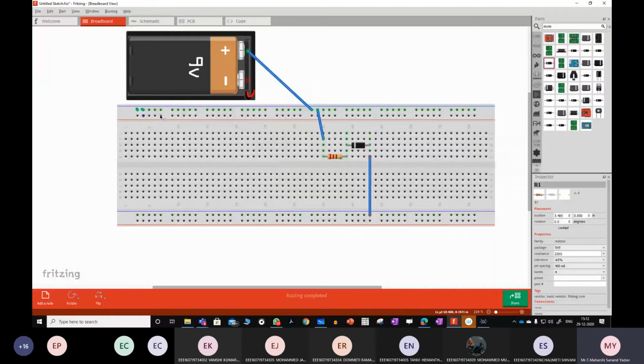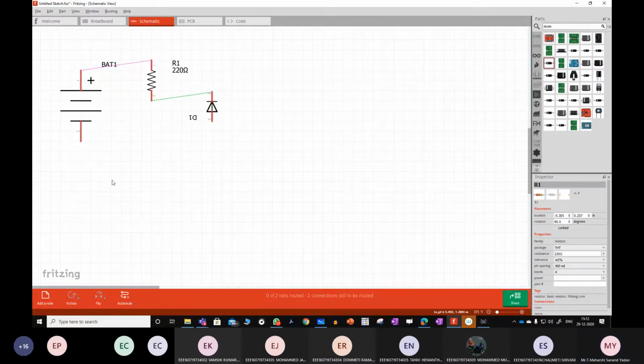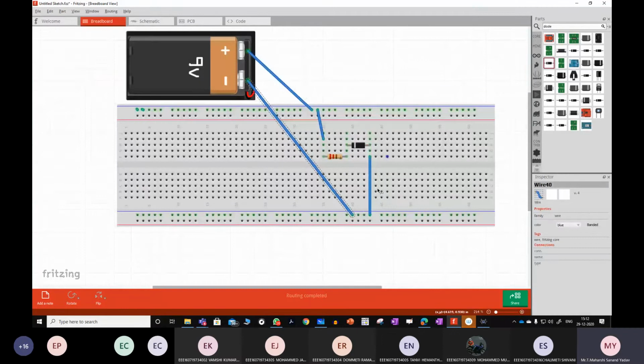So you can use either the first 5 or else the last 5, but don't try to mix up. If I connect it here, now you tell me. Is it okay now? Yes, sir. I need to refresh this. Okay, so don't make this kind of errors. Either go with first 5 or else next 5.